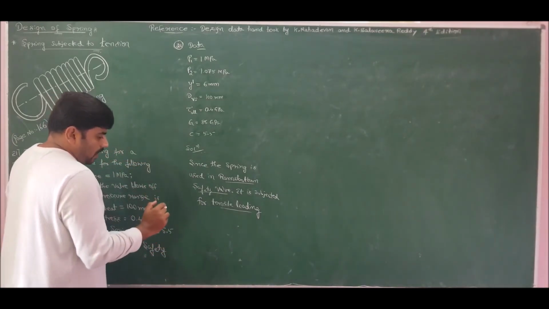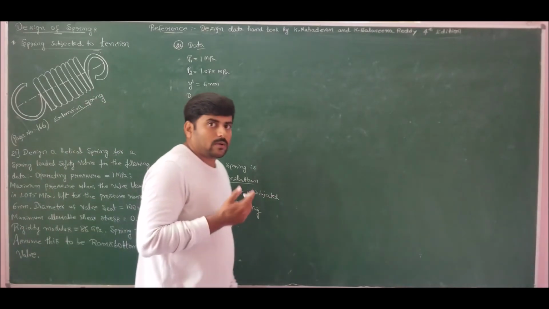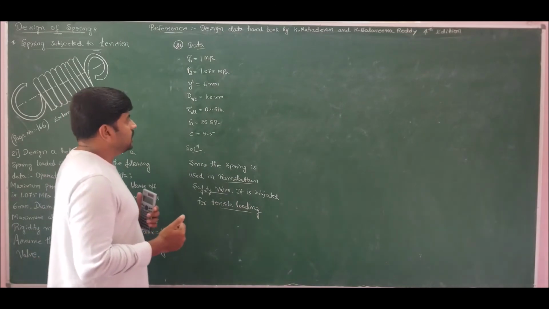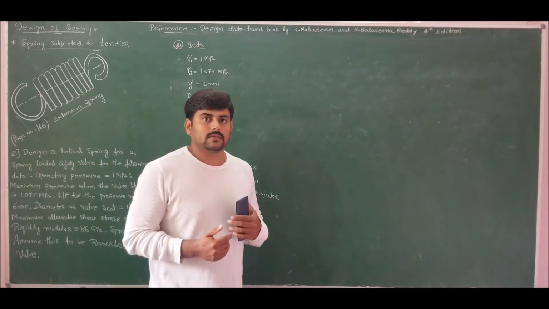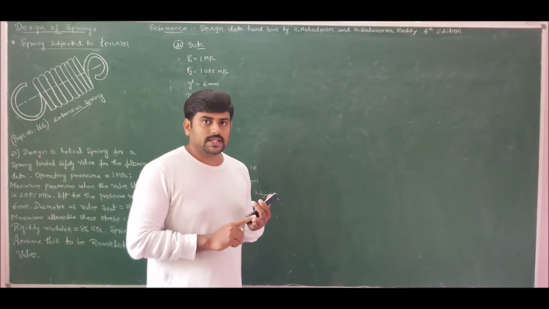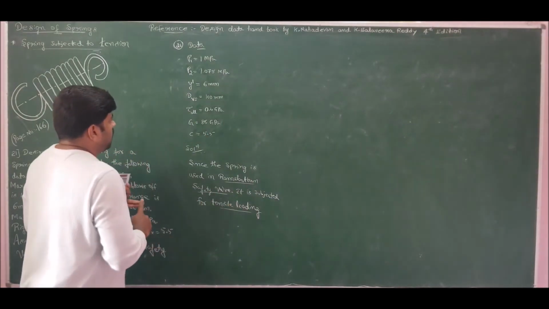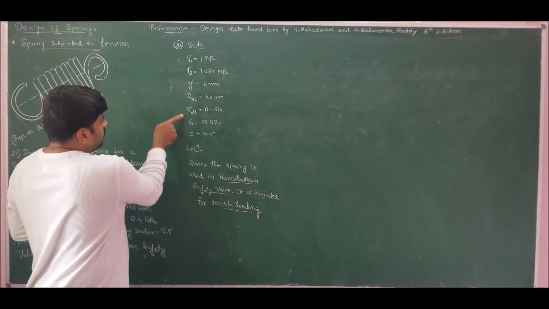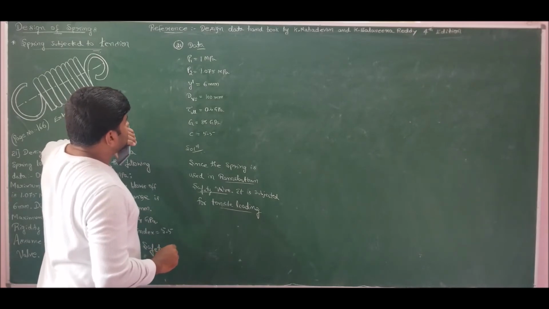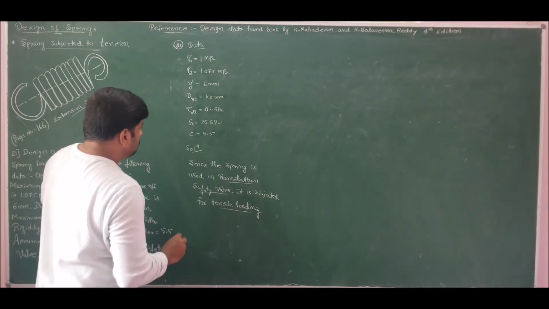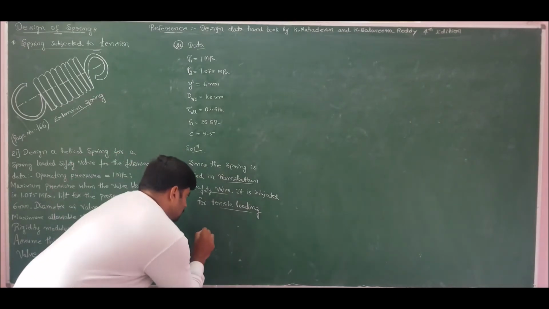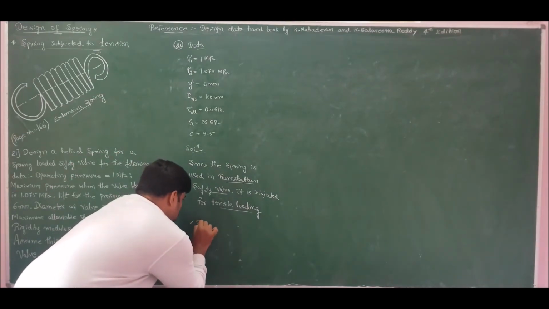Now we already know that we should design the spring for maximum deflection and maximum force. So first I should determine the maximum force and maximum deflection, and later I should have allowable shear stress, modulus of rigidity, and spring index, which are given to us. So therefore I can design this spring completely. So first let us determine maximum force and maximum deflection. So for pressure P1, let us determine force F1. So first one is operating force.